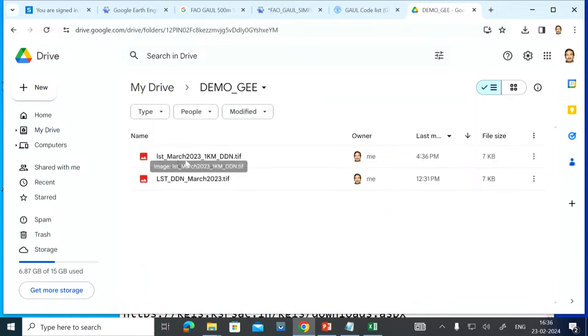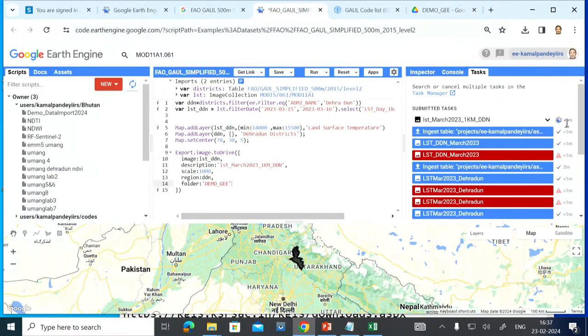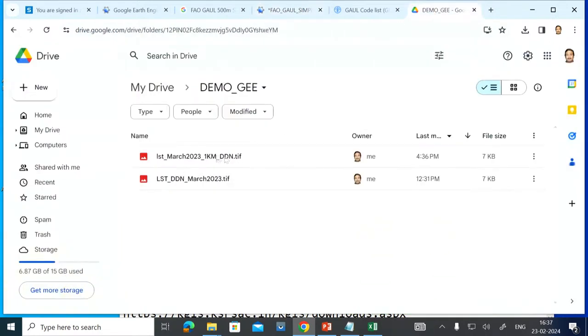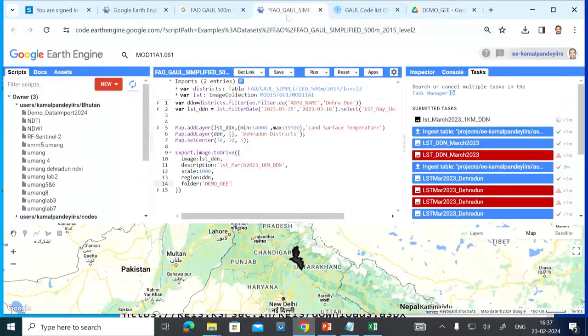Yes, so you can see here this file is created. It is still doing it, not completed, but it has created the name for that file, a 7 KB file. Okay, LST March 2023 1 kilometer DDN, the same name which we have given over here. So it is still doing it here.